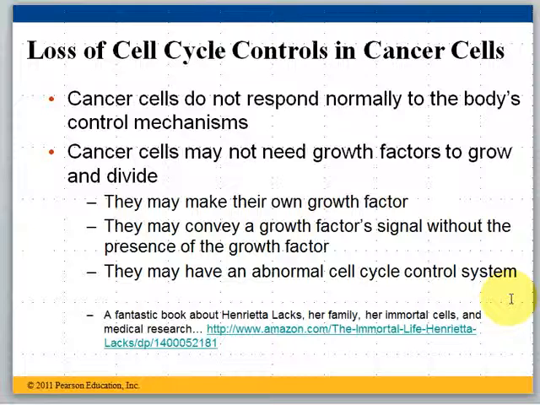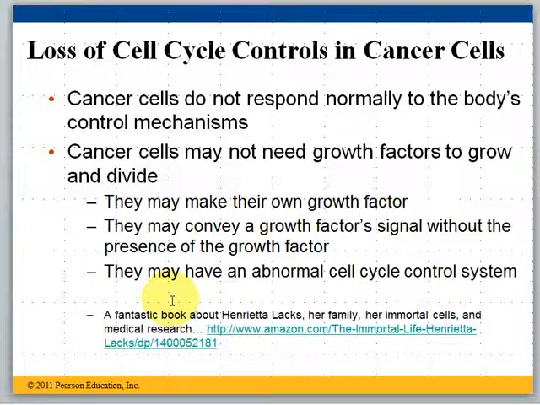Way back in the 50s, she went to see doctors, and this was at a time when she was African American. And of course, back in the 50s in America, things weren't like they are today, and so she wasn't treated very well. Her family wasn't treated very well. Some of her cells were actually gathered and cultured and used by scientists, and are still in use today. Her family was never notified of this, and they were never compensated for this.